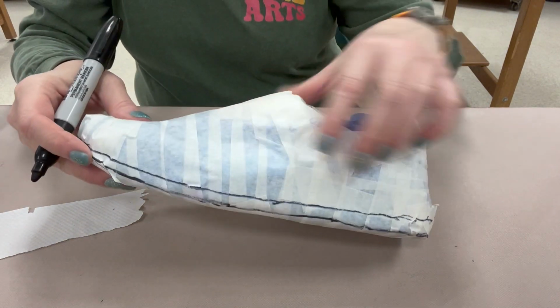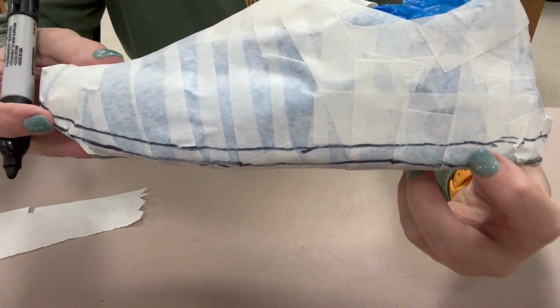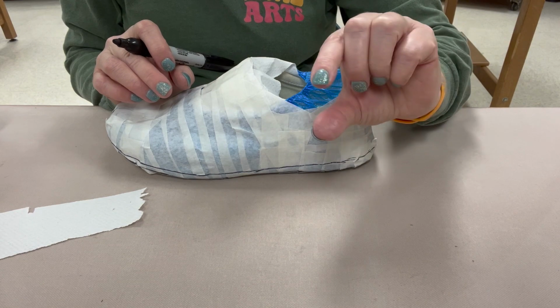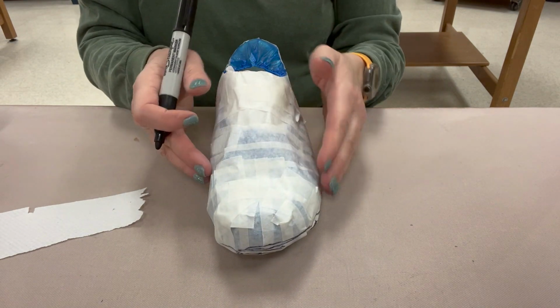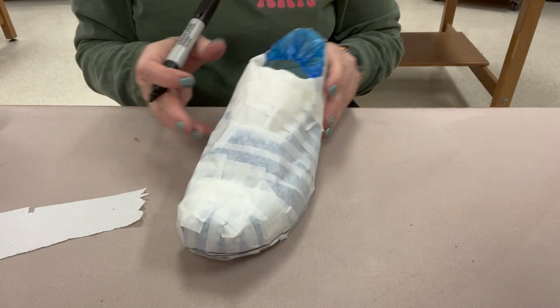All right. Now, this little piece, that's going to be waste. I don't need to make a pattern of that because when I actually roll out the thickness of the sole, that's going to be how thick it is, right? So now, instead of delineating it exactly the way that my patterns are, I want to show you a slightly